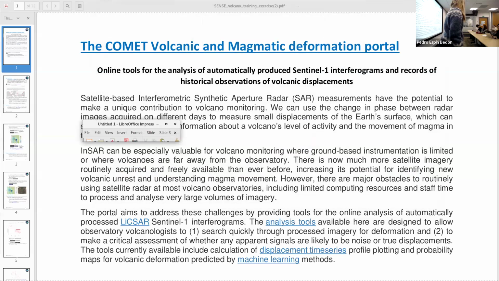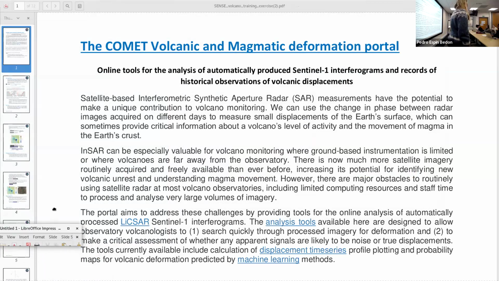So the aim of the portal that these tracking is based on is essentially to make the data a bit more accessible. There's a few online tools that allow you to play with it a bit, just to get your head around what the steps look like. So it's not for detailed research analysis of the results necessarily, more just for a quick look.